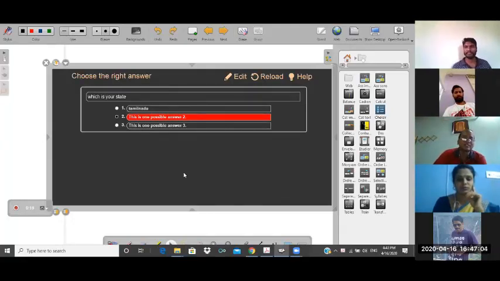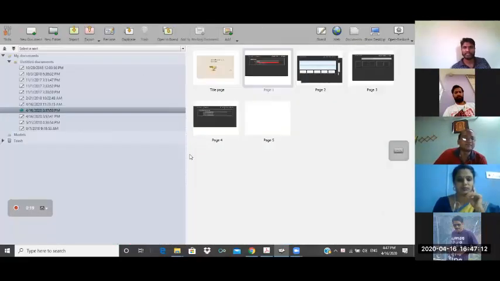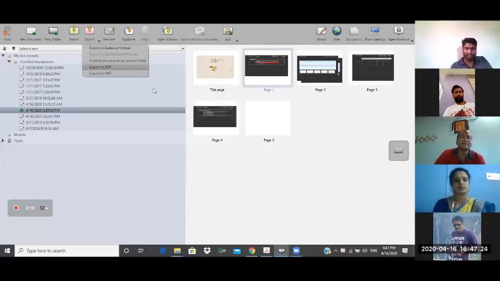Otherwise, you can save this as a PDF file. I have already shown: go to document and export to PDF. Already I have exported in the morning.